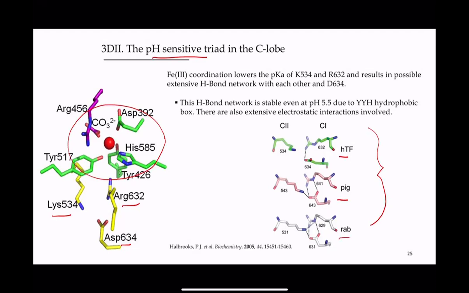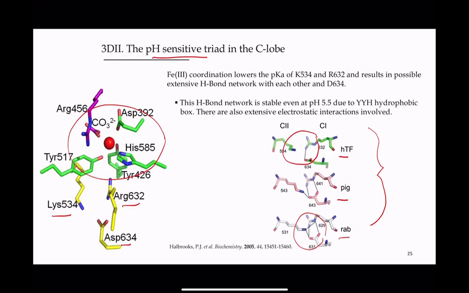So you can see in the pig protein and the rabbit protein, you have this really extensive interaction between the positively charged residues with the negatively charged atoms. And you see some amount of that, although not as extensive, in the human one. But the clear thing is that electrostatic attraction between those 3 amino acids is key to helping to maintain this site stable. Okay, so again, similar but not identical to what we saw with the dilysine trigger in the N